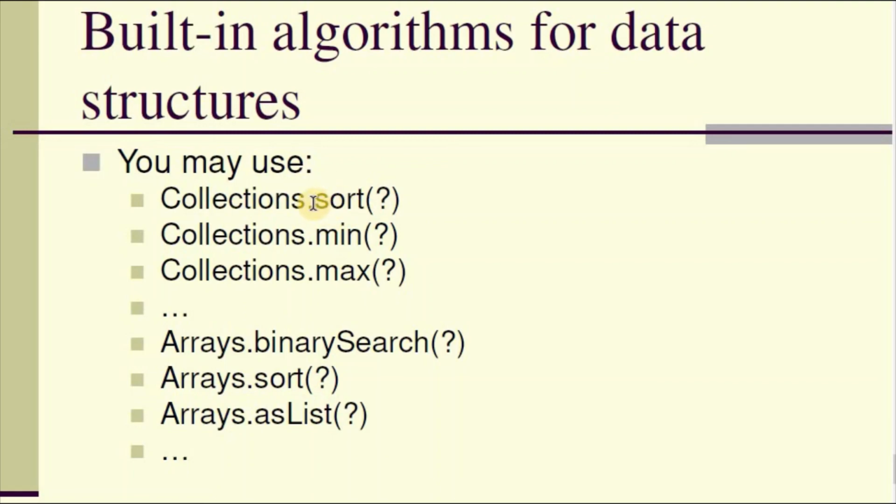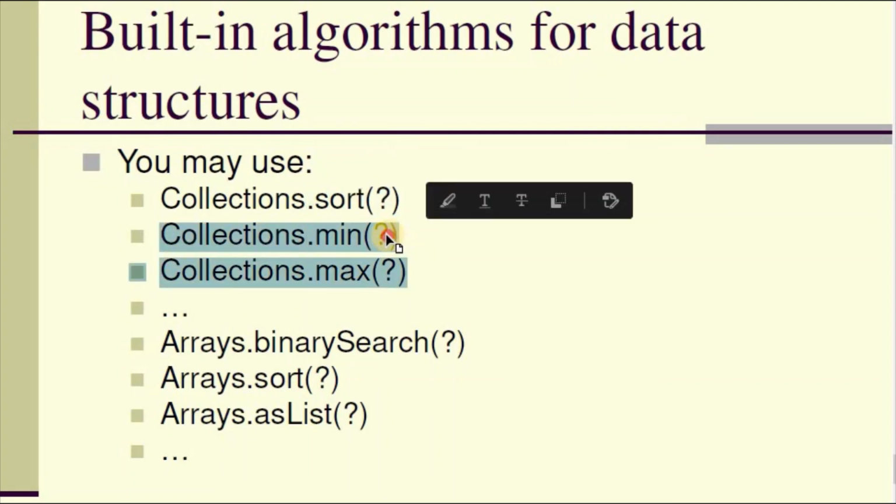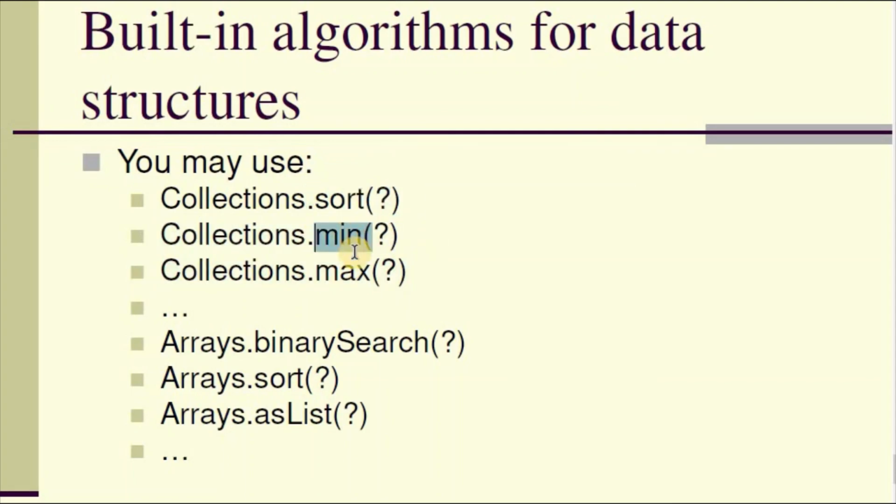So you can simply have an array, or you can have a queue, and then you can sort. Oh, sorry, not sort in a queue, but you can have an array and easily sort, or you can find the minimum just by using this method, or you can find the maximum, or you can implement a binary tree,